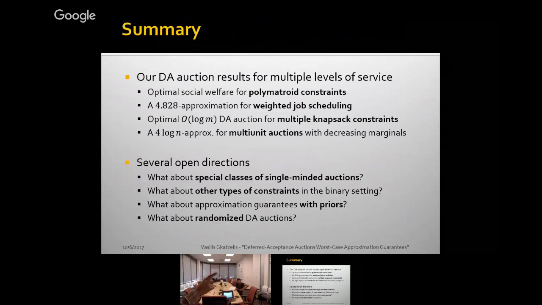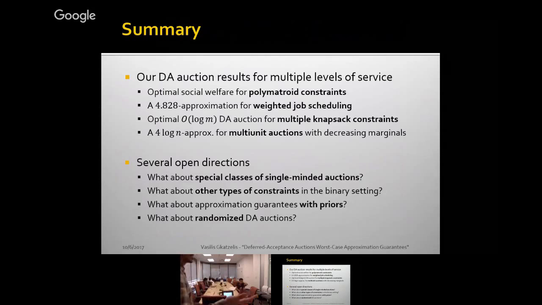This is one of the main open problems, understanding whether it's tight. We try to get lower bounds, but imagine getting lower bounds for one of the properties. Maybe for weak group strategy proofness, say you cannot do better than log. It's kind of hard to argue. We tried lower bounds for group strategy proofness, but it was not easy to get there. But yes, we have that positive result. We're thinking about whether we can actually improve it, and there are several open directions.